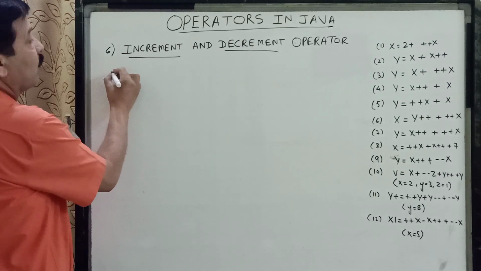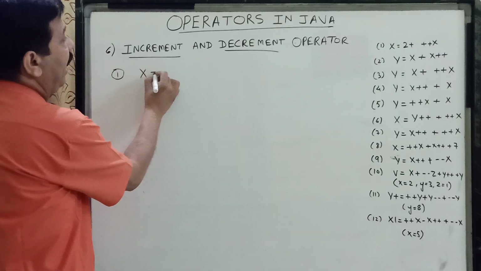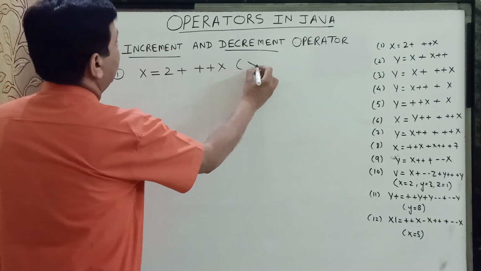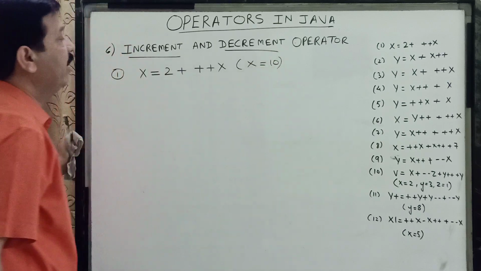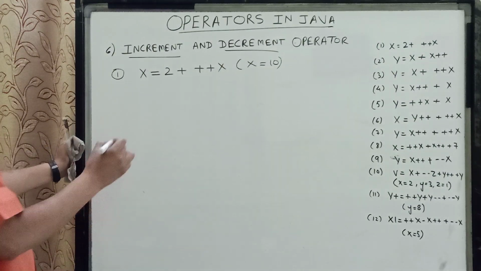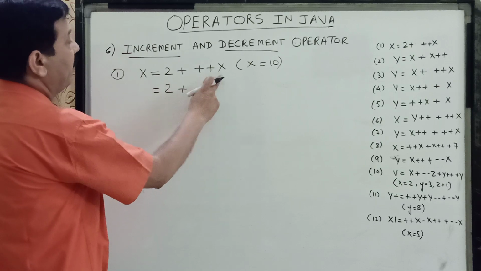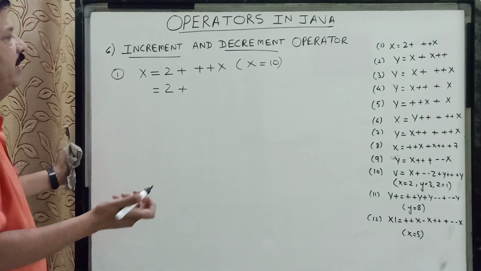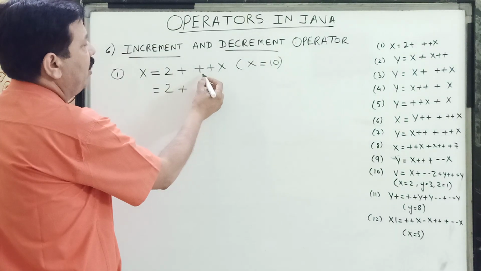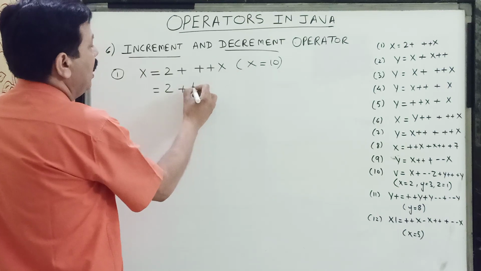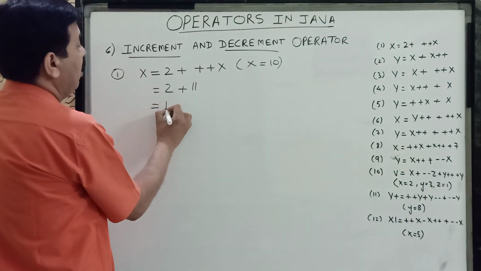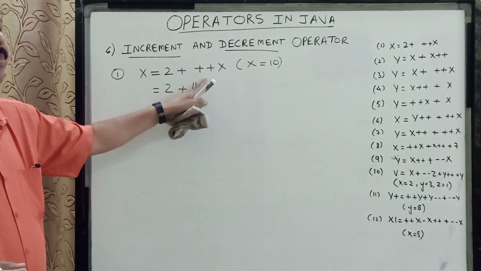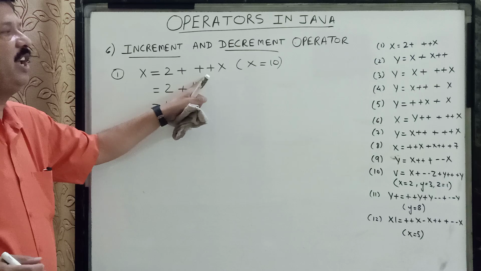So the first question which I am doing from there is x is equal to 2 plus ++x. And say for example, children, x is equal to 10. We take an example. So what will it do? It will first add 2 to ++10. It is a pre-increment, so pre-increment first changes the value and then uses it. As it is written in pre-form, the value of x will become 11 from 10 and the answer will now be 13. So children, follow this example. Since a pre-increment operator is used, its value will first be changed and then used.